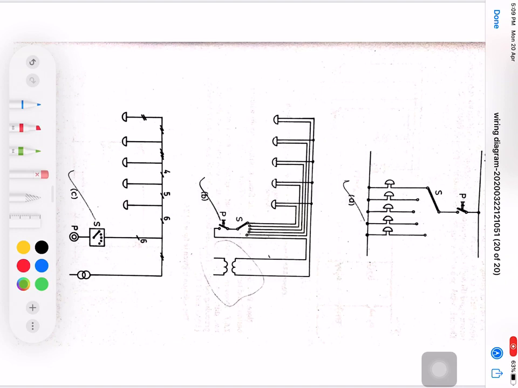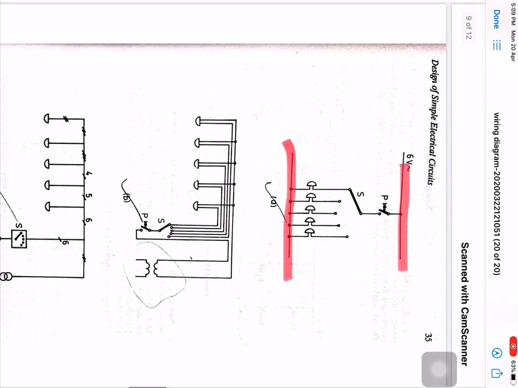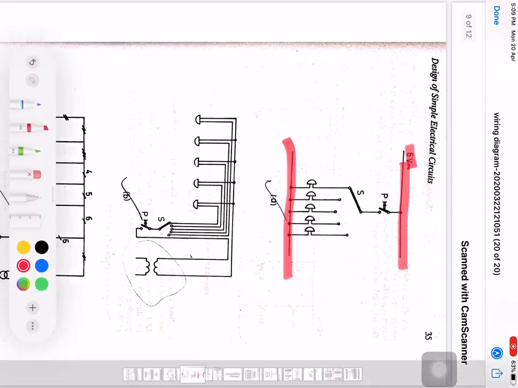Suppose this is a two wire system that was supplied by a 6 volt AC supply. Now this supply is actuating this push button. When this push button is pressed,